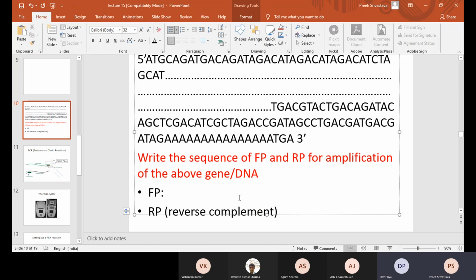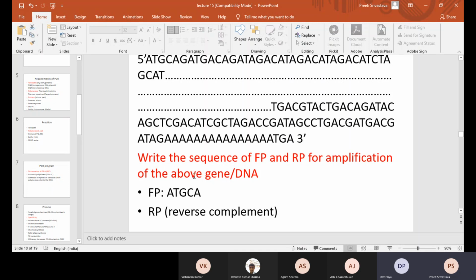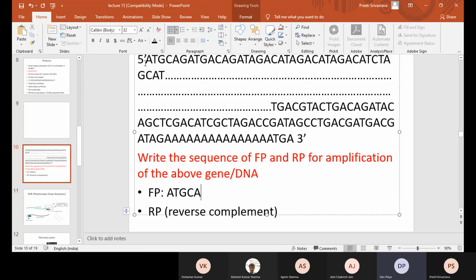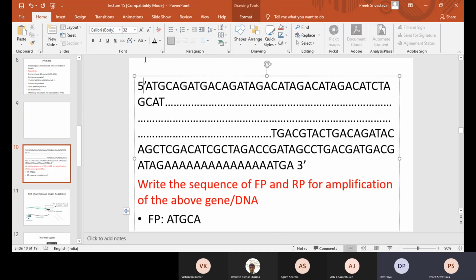For the forward primer, it would be ATGCAG, ATGCA, bus. I don't know what the length should be. Arey, I just told you, you forgot: 18 to 24. So then the entire sequence from 5 prime to 18. Yeah, I just copied it.